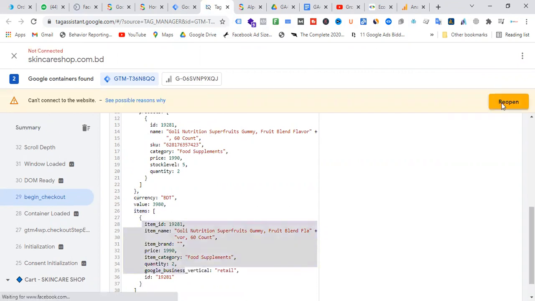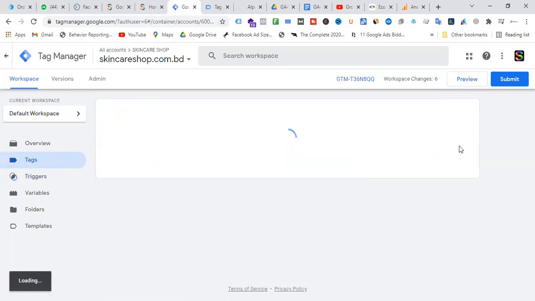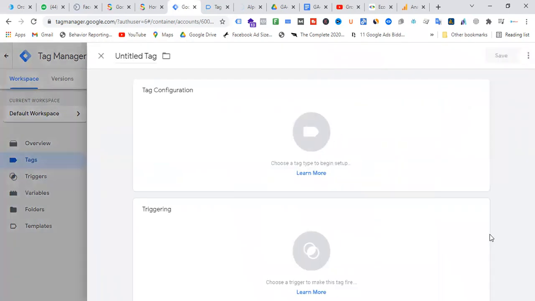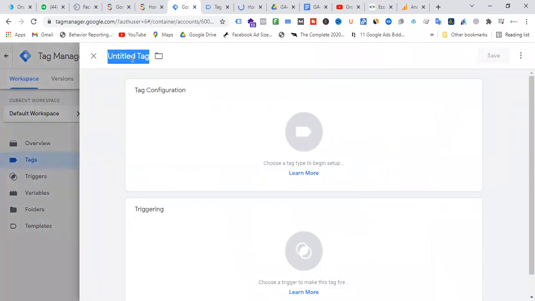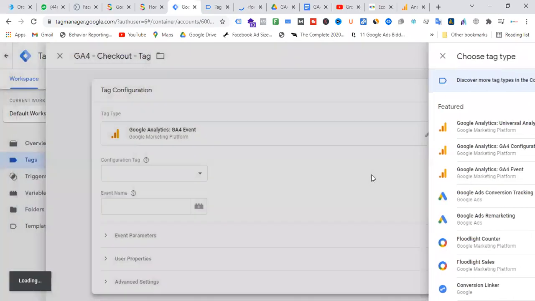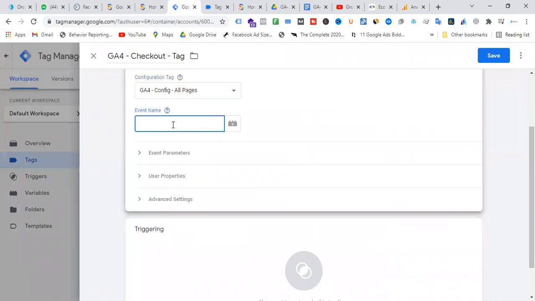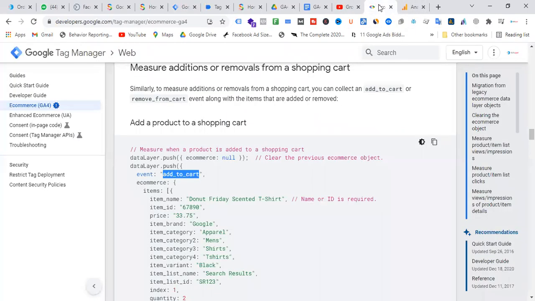Okay, so I'm taking the tag. GA4 is very easy to configure. GA4 checkout tag. Okay, click on that. Check the tag, GA4 event all config. Event name is begin checkout.